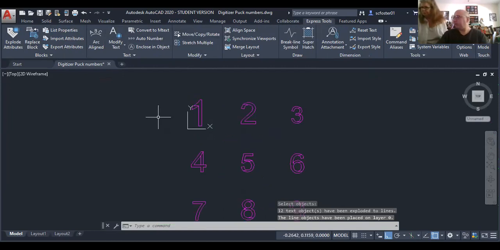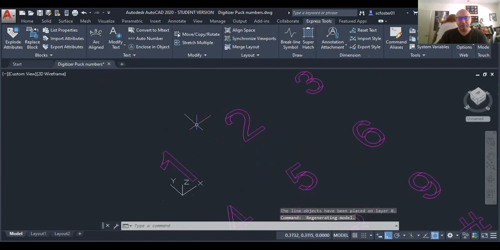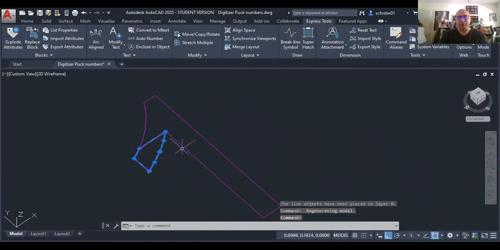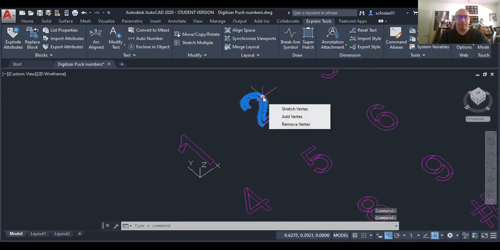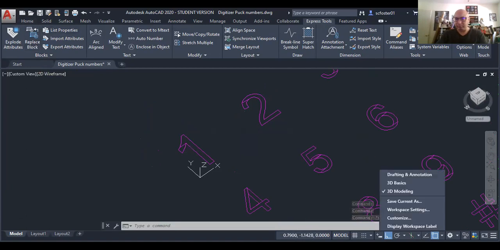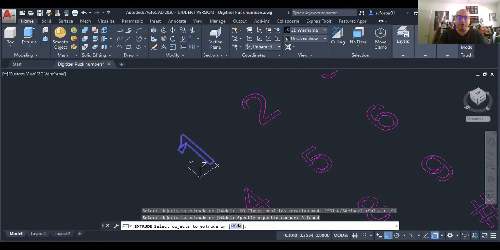And what it did is transform each one of those into a stencil that's made up of 2 closed polylines. And as you know, closed polylines can be transformed very easily into 3D solids. So the easiest way to do that is, we're in 3D modeling, we go to Home. Just going to do 1, extrude. So instead of trying to combine the 2 polylines, I'm just going to extrude them both